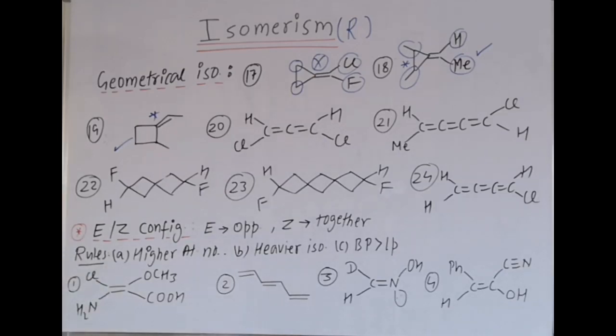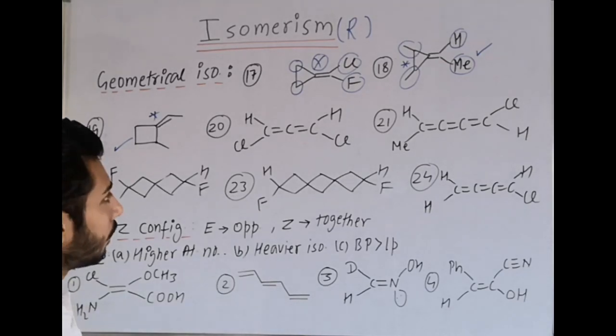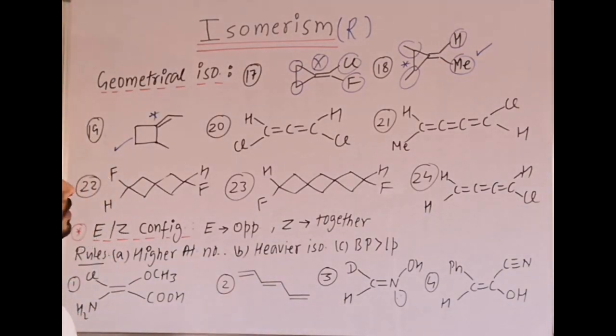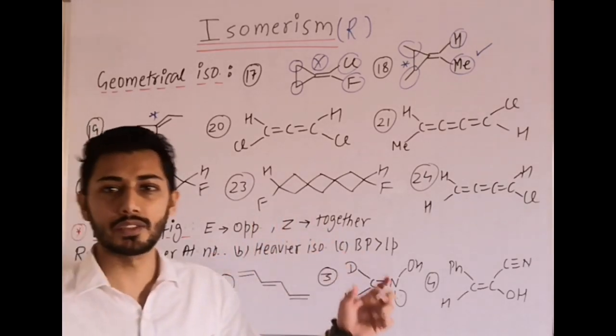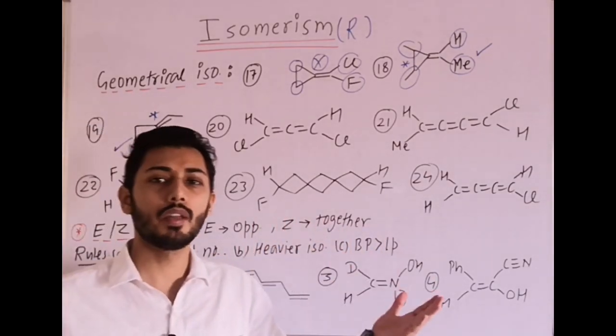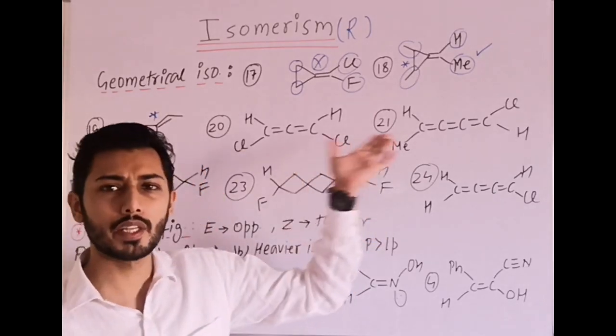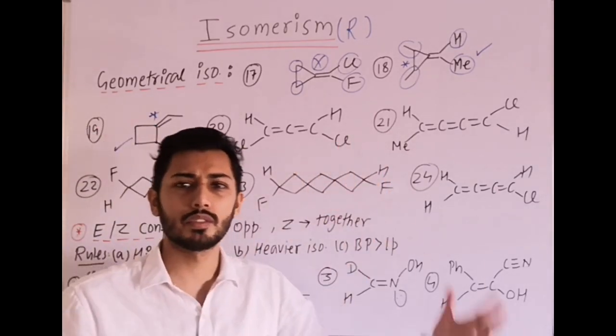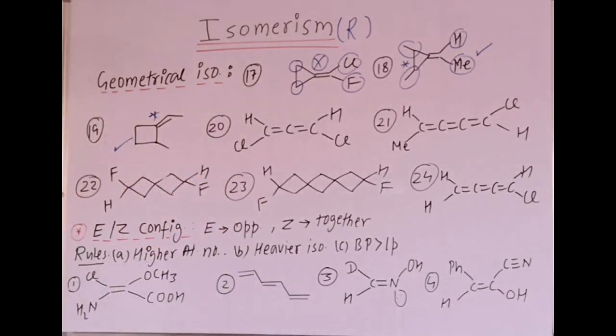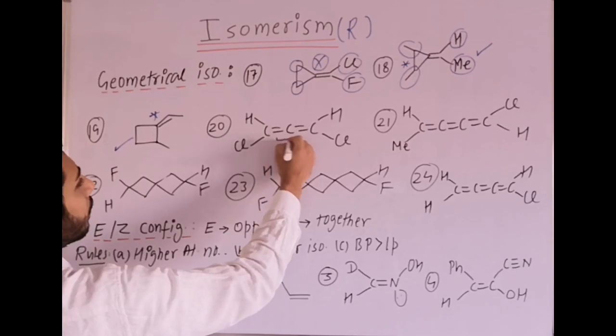Now from 20th onwards, it is a slightly different case. So I'll simply give you the theoretical point, which is in your notes also, that these are examples of allenes. Cumulated dienes are known as allenes, right? Now they can be even numbered or odd numbered. So I will not answer it through hybridization and drawing the structure, because this will be complicated, and we'll use a simple method. That is, this is an even numbered allene,